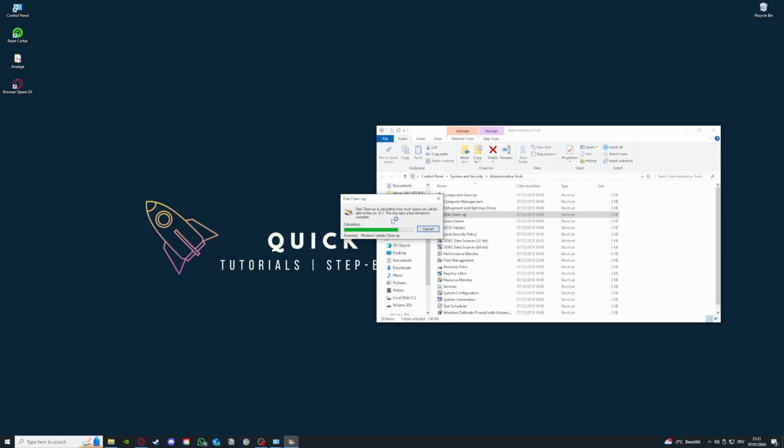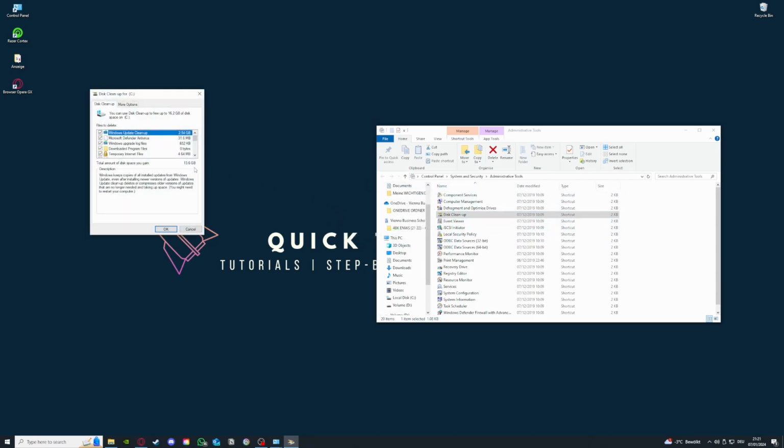And as you see with your SSD, there is a lot more to select. So I'm just gonna go over that for a second. So you see, especially my Windows Update cleanup is very big. So we definitely want to select this, and basically you can select whatever you want here, but you should always be careful with